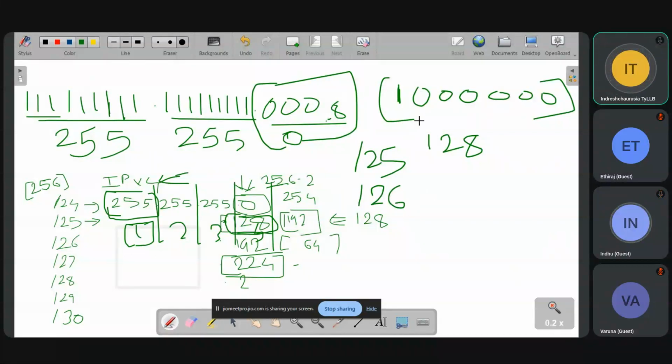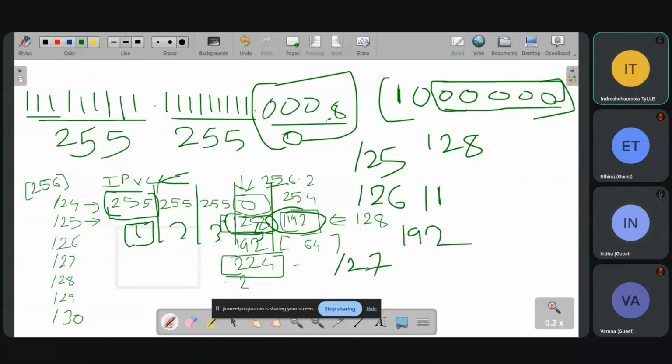For slash 26, 1 and 2 are fixed, and the others are varying, changing. When you convert it into numerical form, you will get 192. Now when I say slash 27, you will see 1, 2, 3, which is 111, and the rest is getting changed.